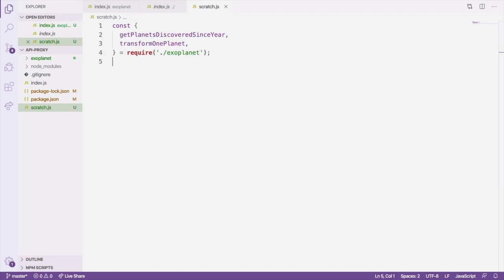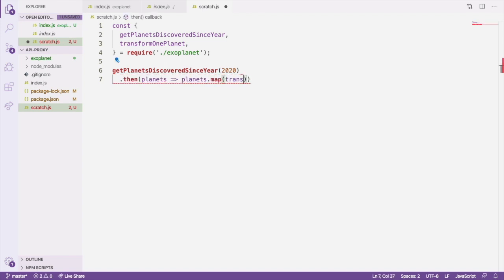Let's test out the getPlanetsDiscoveredSinceYear function, passing it 2020 as the year. We'll map over the returned planets and transform each record with transformOnePlanet. Then, let's console log the result and add a catch handler just in case something goes wrong getting the data.